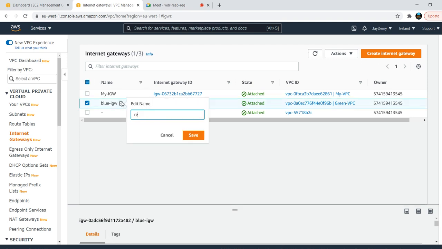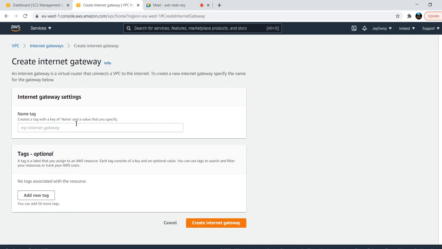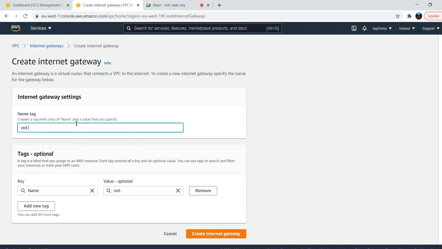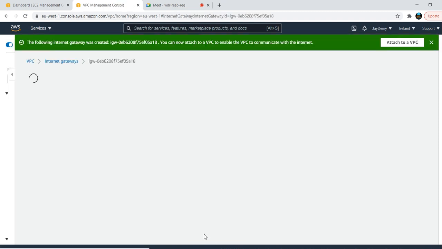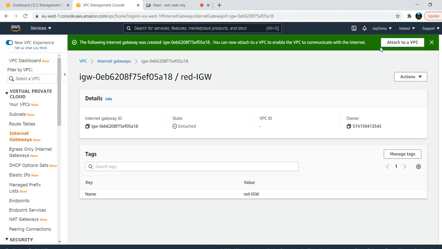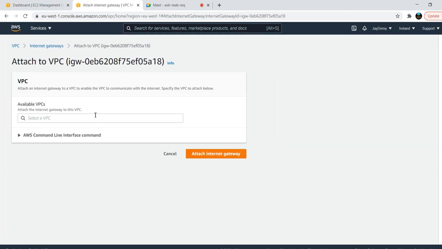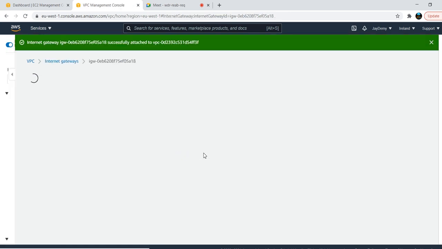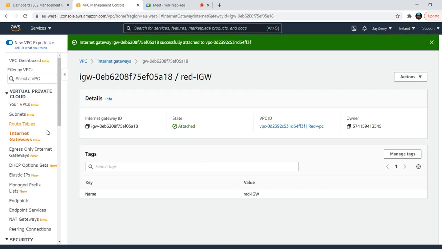Red IGW was already created yesterday and attached to the red VPC. In the same way I'll create one more internet gateway. I'll give red IGW and create internet gateway. Now it is created. Just attach to the VPC. Choose your VPC called red VPC and attach the internet gateway. Now we have attached it.